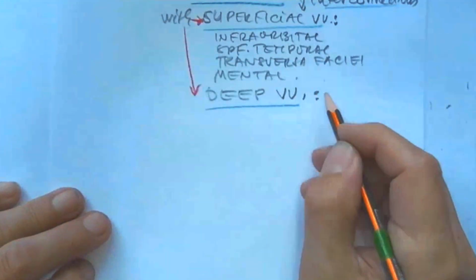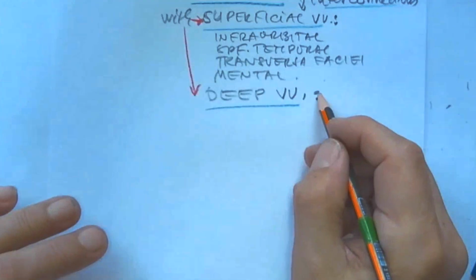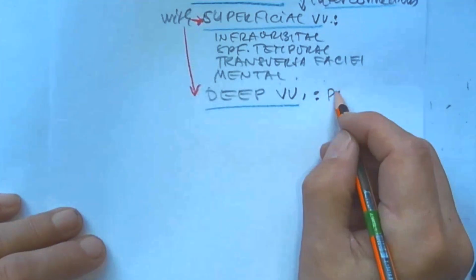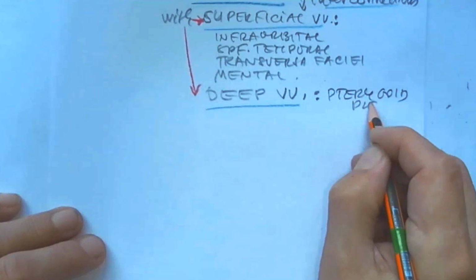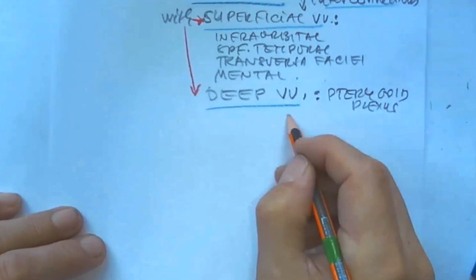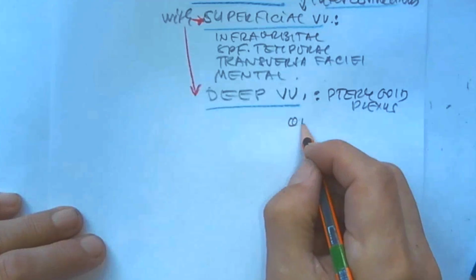This is number one, the pterygoid plexus, and also the ophthalmic